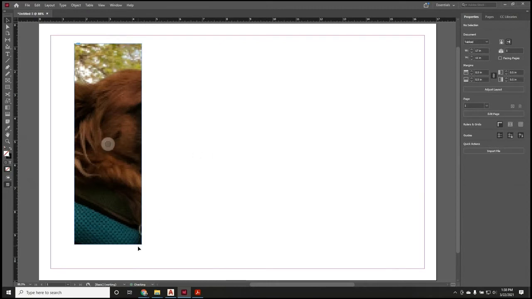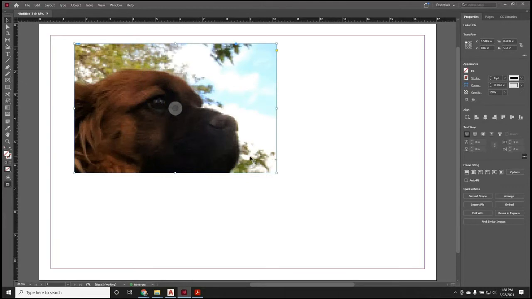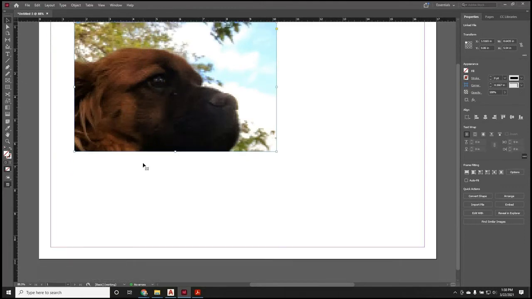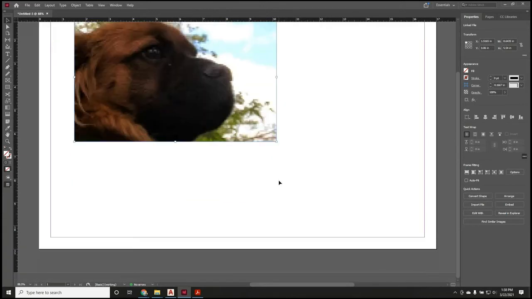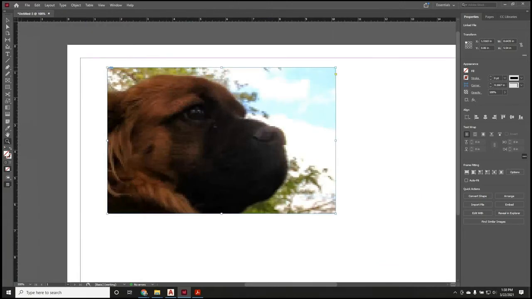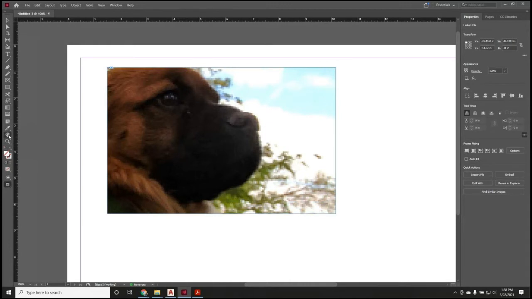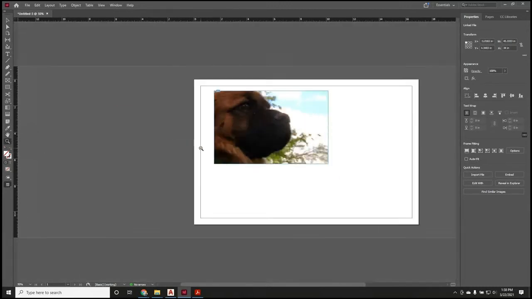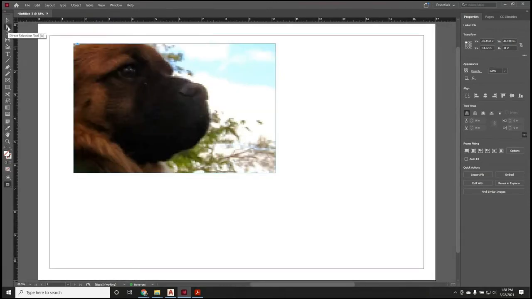Now, let me delete these. Now, there's different ways to resize the picture inside the box here. One way would be to grab the corner of the picture, but it's off the screen somewhere. This picture is pretty big. And even if I selected this arrow here, it's hard to tell where the edges of the image are on this picture. If I use this tool here, the second tool, that only grabs pictures,